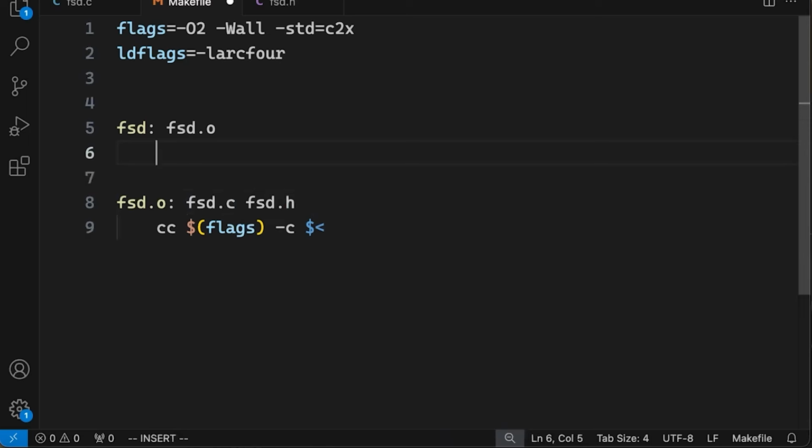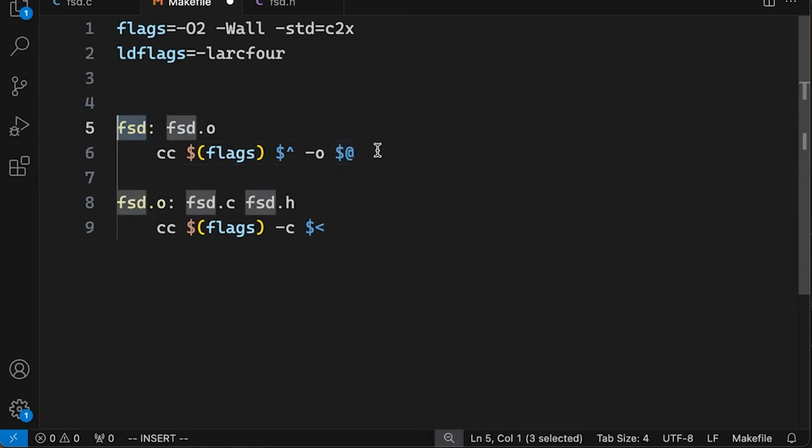Alright, so when we have the O file, we can compile the binary by running cc with our flags. Then we take the input and we do -o output, and this is the output variable, so this one, or